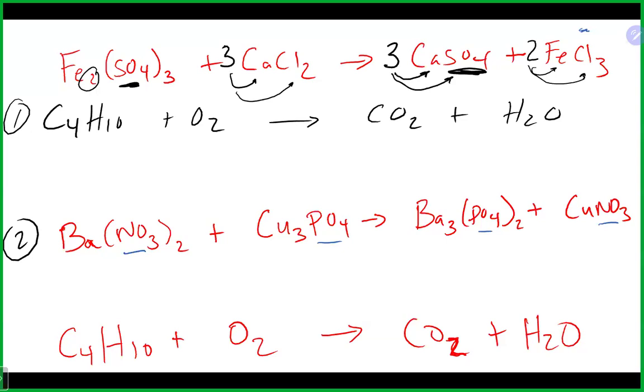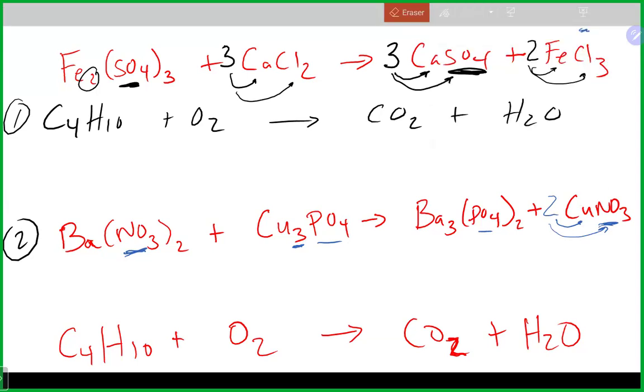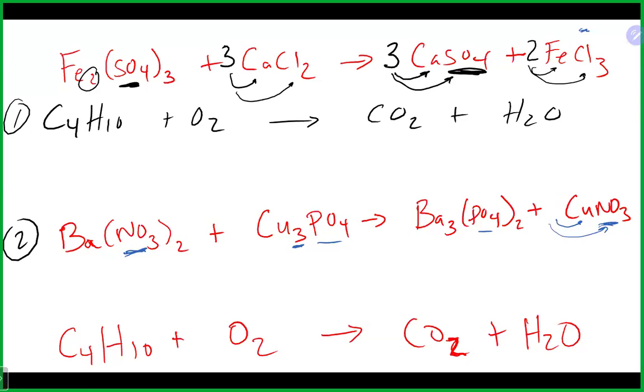I'm going to start with nitrate, which actually is the wrong one. I'm going to show you why I know it's the wrong one really quickly. Here I have 2 nitrates, and I only have 1 here. So when I go on to fix my nitrate and I put a 2 here, that is going to give me 2 nitrates, but it will give me 2 coppers, which is not good because I got a 3 there. So you could either fix it at this point by trying to figure out what it is, or you could just try your eraser, and since you only put one coefficient down, start with the other